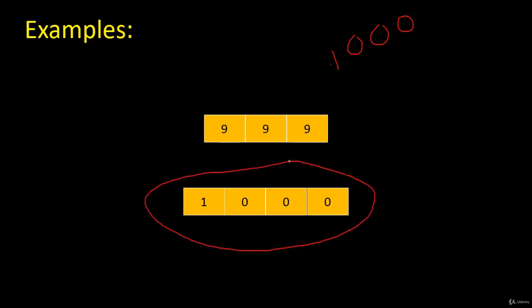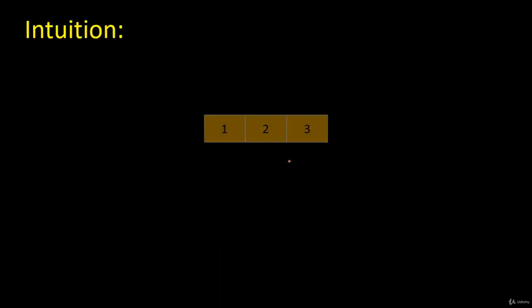How can we solve this problem? First, let me walk through the intuition for this problem. For example, if you're given this particular array, we're going to iterate through this array from right to left. Then we're going to add 1 to this element 3. Let's suppose that carry equals 1. Now if we add this carry 1 to this value 3, then we see that 1 plus 3 equals